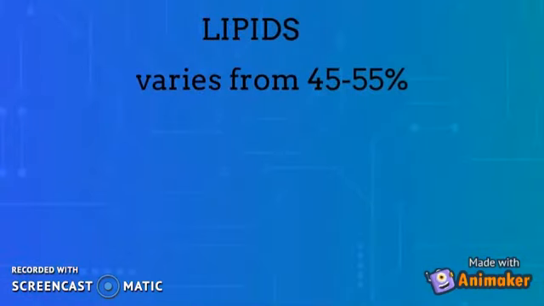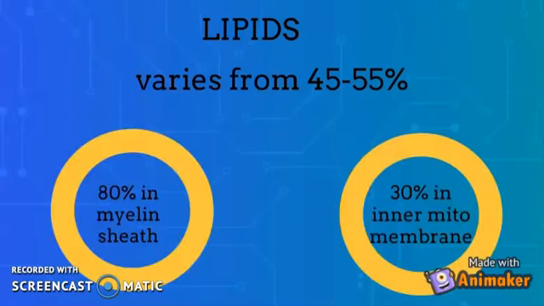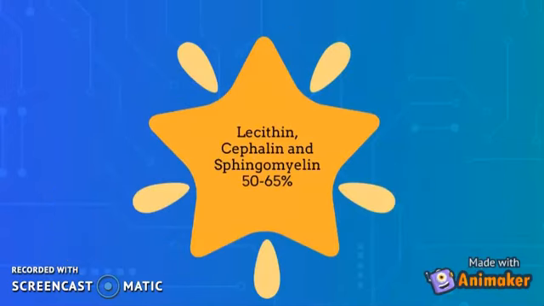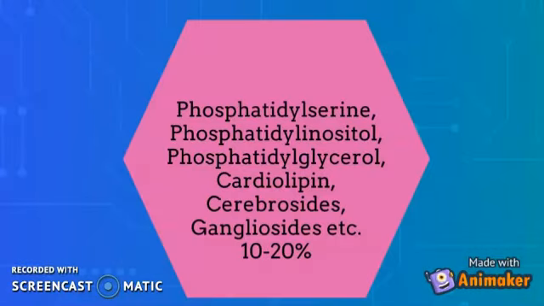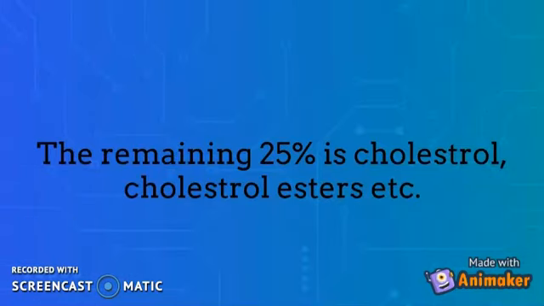They vary from 45 to 55% in total mass, but there are a few variations like these. Lecithin, cephalin and sphingomyelin constitute 50 to 65% of the lipids. Phosphatidylserine, phosphatidylglycerol, cardiolipin etc. constitute 10 to 20%, and the remaining percent is taken up by cholesterol and cholesterol esters,